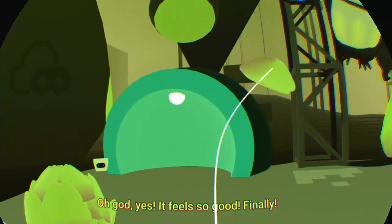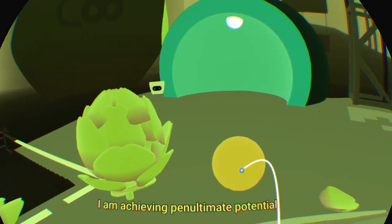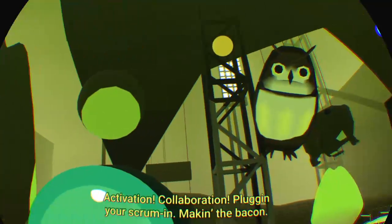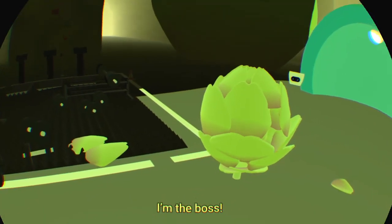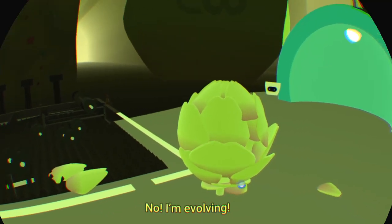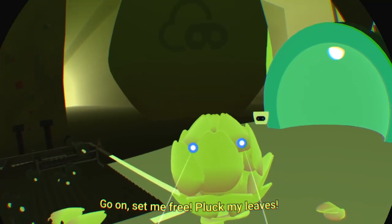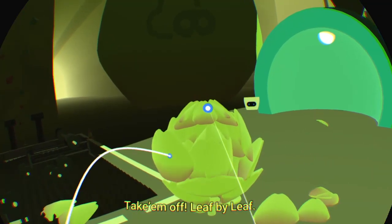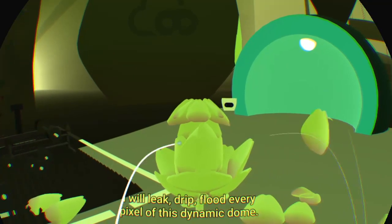It feels so good. Finally, I am achieving ultimate potential. Activation, collaboration. Plug in your scrummin'. Making the bacon. Who's the boss? I'm the boss. Who's the boss? I'm the boss. No, I'm evolving. Go on, set me free. Pluck my... Yes! One at a time. Take 'em off, leaf by leaf. I will leak, drip, flood every pixel of this dynamic...